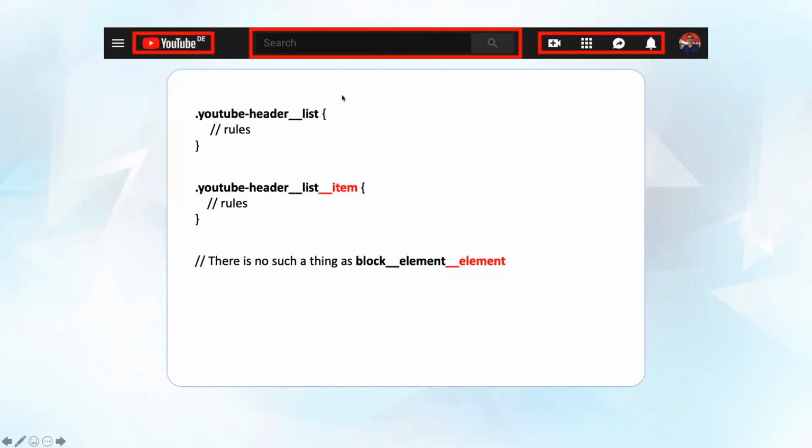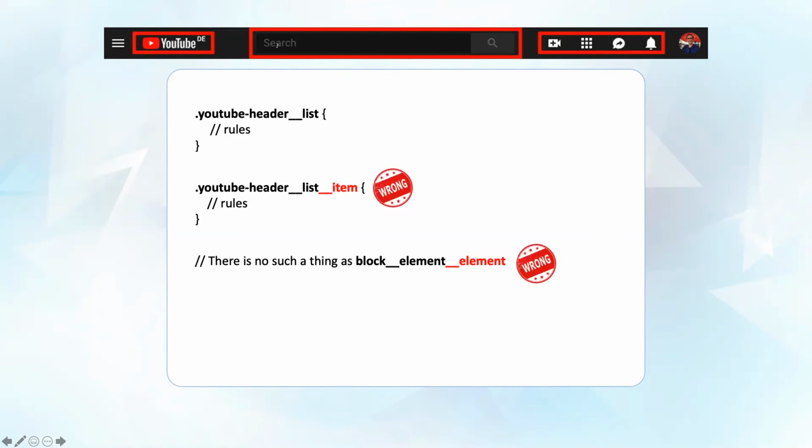While considering the actual HTML structure, there are chances for situations when an element can contain another element, like this, but it can be written in BEM like this. This is wrong. Actually, you can see that the YouTube header list, what I am referring to is this block. Inside this YouTube header list, there are some sub-elements, as compared to these elements. If you consider YouTube header as a block, the hamburger menu, logo, search area, list block